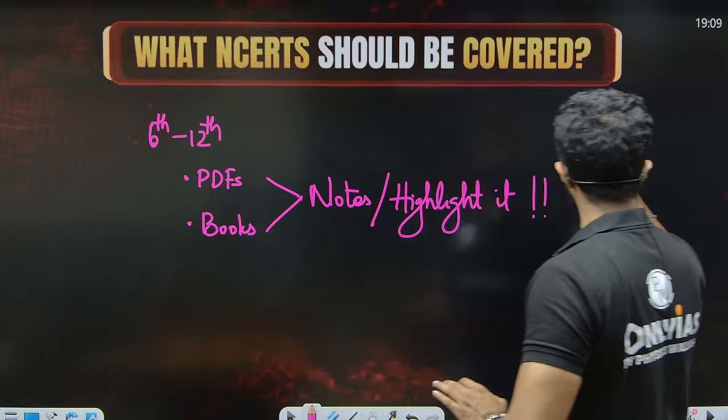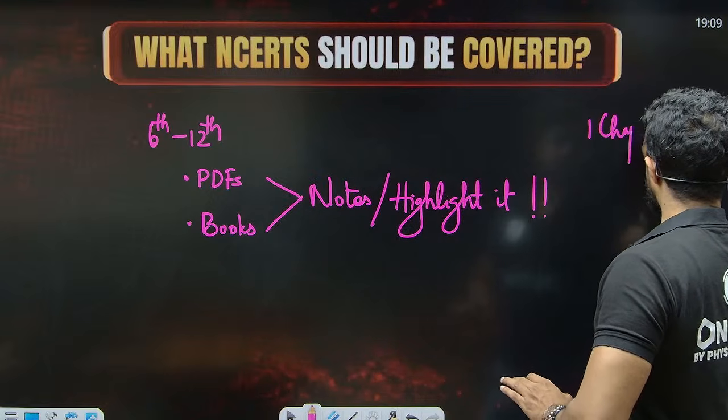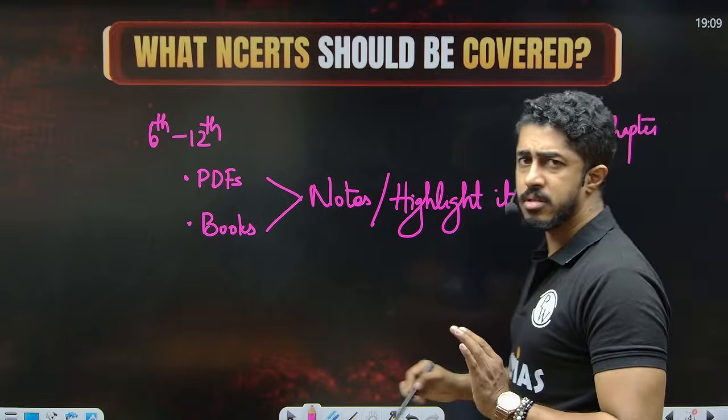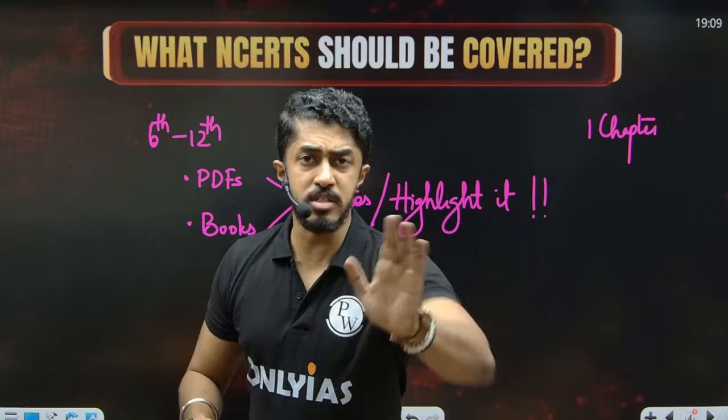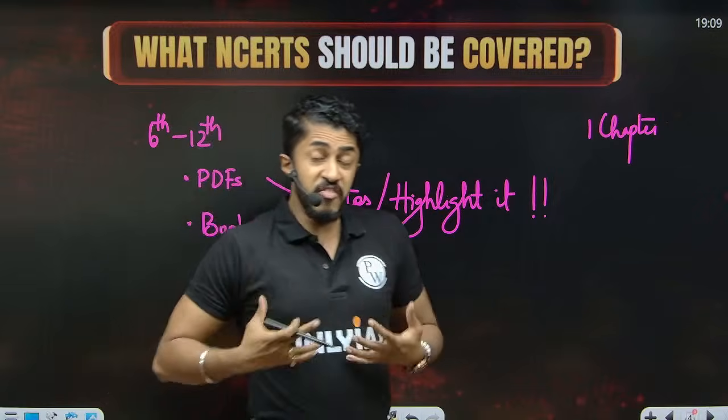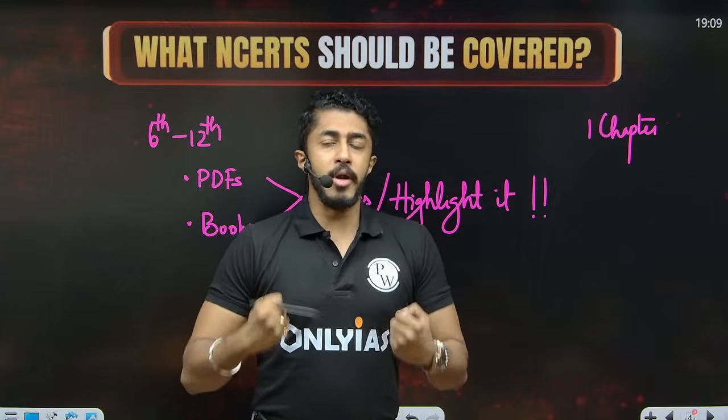Okay, I will read 1 chapter. Start like that. 1 chapter I will start with. Then I will read the first chapter of the next subject. Stop. You may feel very high energy. No, I can do more. I can do more. No need.